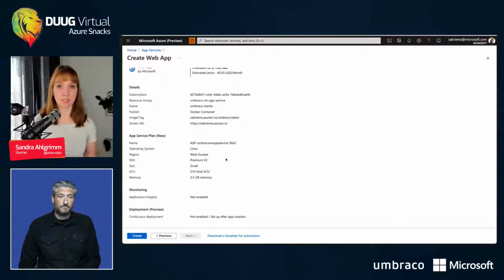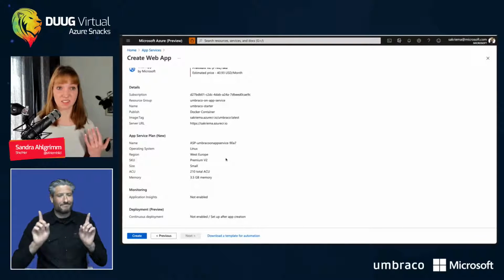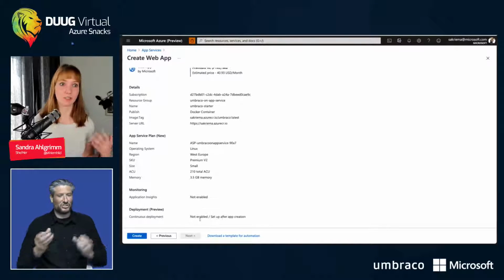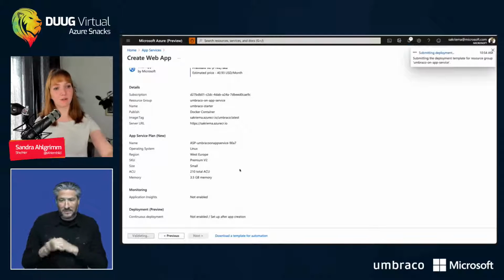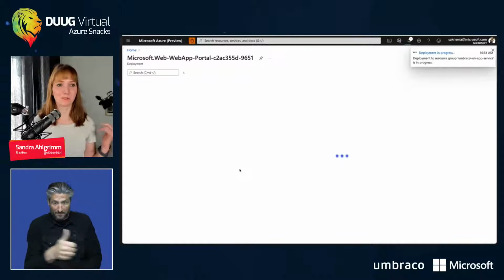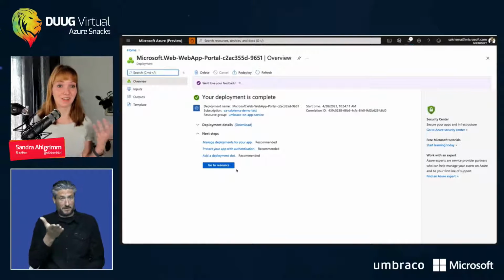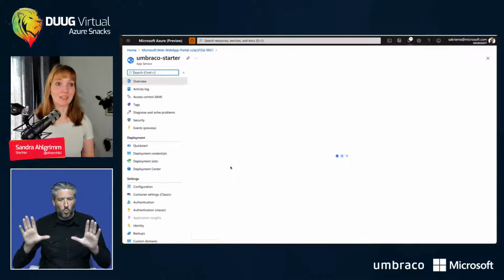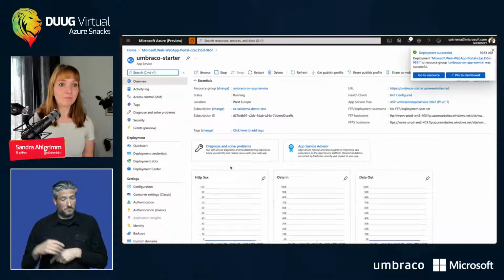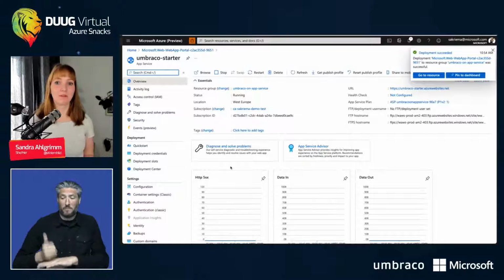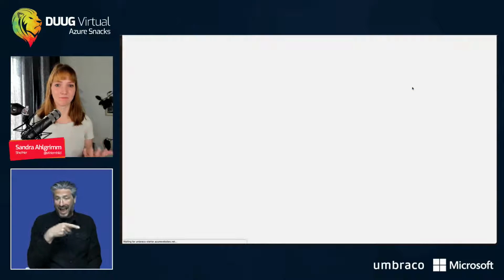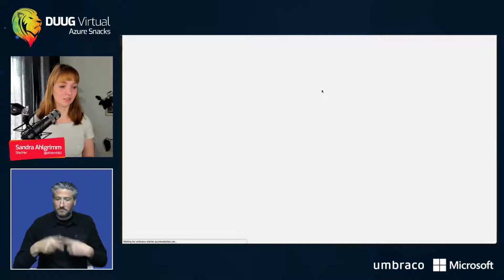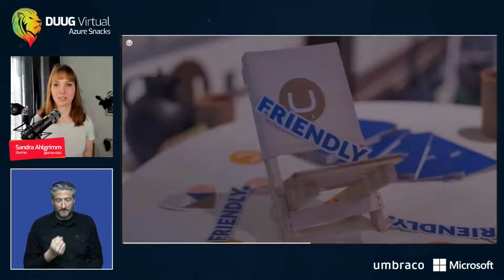Cool, now it is created, so I should be able to access it on every machine. So if you're at home, you should be also able to access it. And as you can see, we already have the deployment in preview, so it is also very easy to add the continuous deployment. We'll do that in a bit. So here I can see my running app in my app service, and I have everything. I can also manage access and so on.